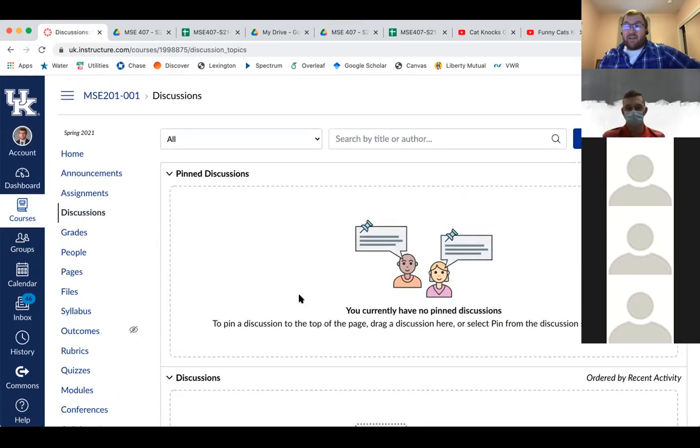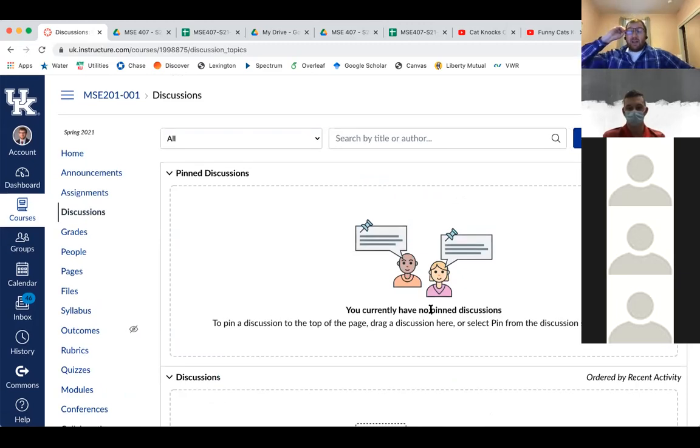Discussions. I do not have a discussion board open yet, but some people like to ask questions and have me answer them, or somebody else in the class. So I'll leave a discussion board on Canvas throughout the semester. If you have a question, I'll check it periodically, but sometimes other students will be able to help you with that information. I highly encourage you to work together on things. So I'll make one of those for the class. If you have questions, you can find your grades, various things like that.